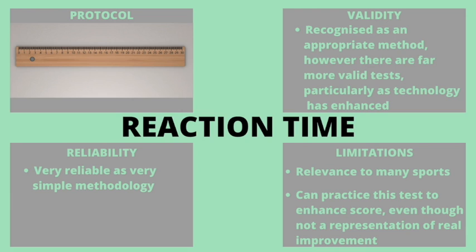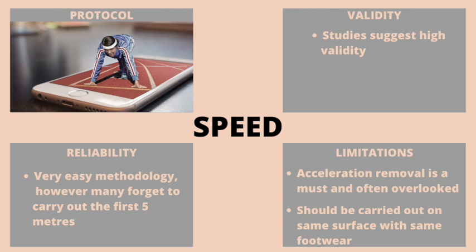So there are some limitations with this test, and there are better reaction time tests out there that we should probably look to try and get hold of as part of our IA if we can, if that's what we're wishing to do. And lastly, the speed test, the 30-meter speed test, very high validity, but the reliability, yes, it's very